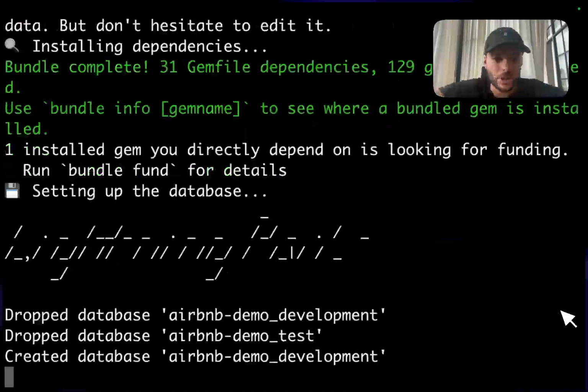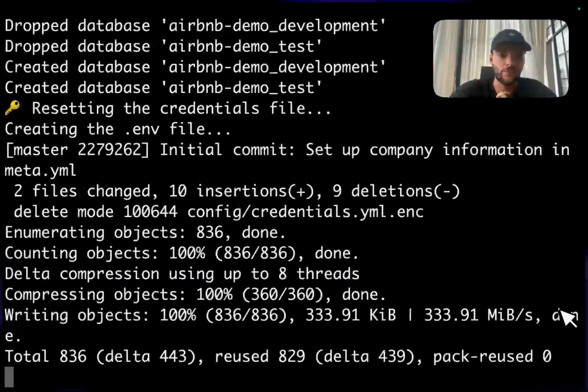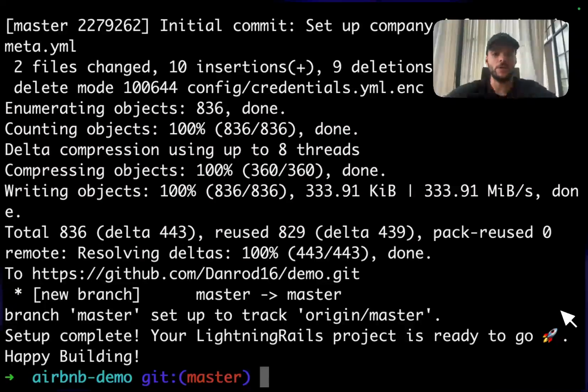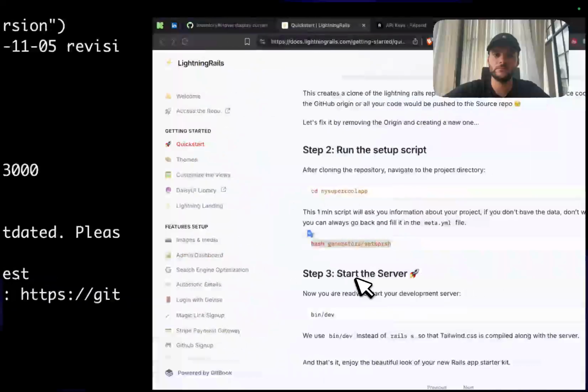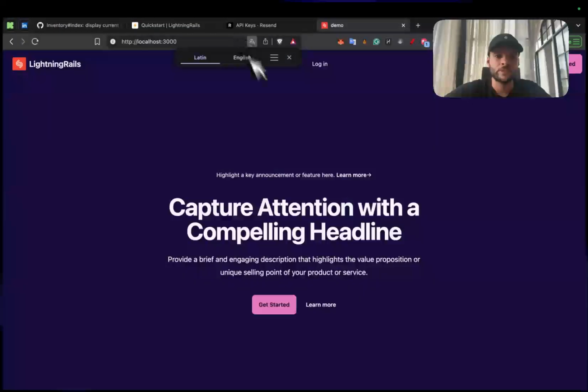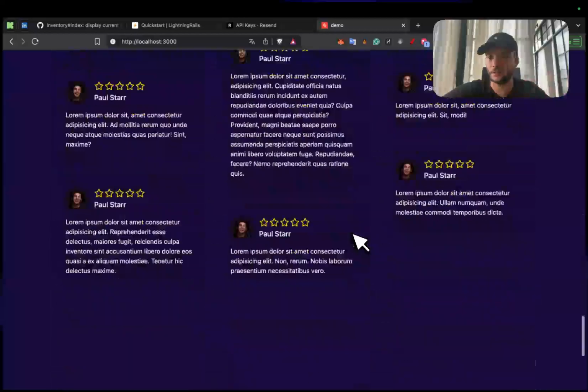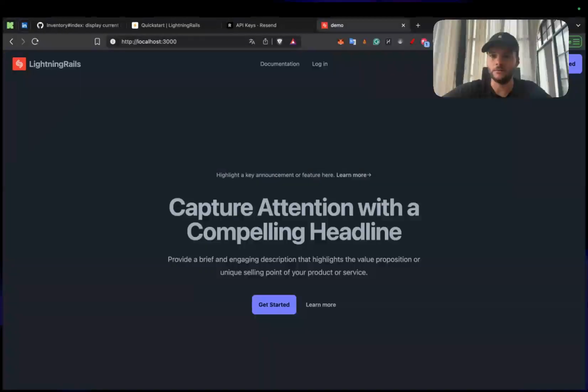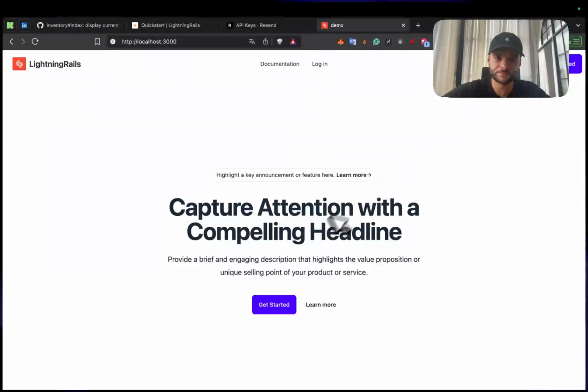Okay, so now it's installing the gems, creating the database with the proper naming. Okay, so that's the first setup. So if I do dev and I open my server, now I have all this created. It comes with Lightning Rails, already with a light and dark theme. We already have